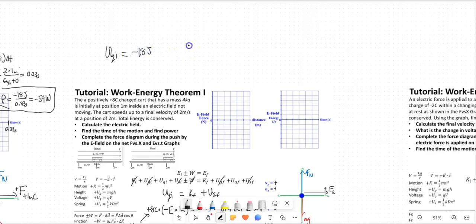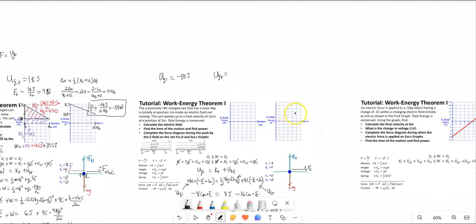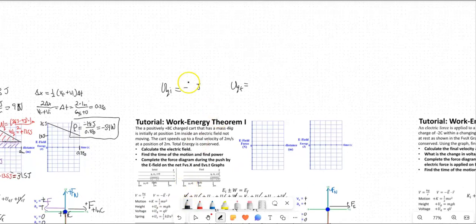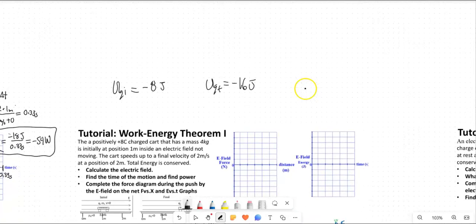And we know U sub Qf is going to be -16 joules. And when we go to plot this,